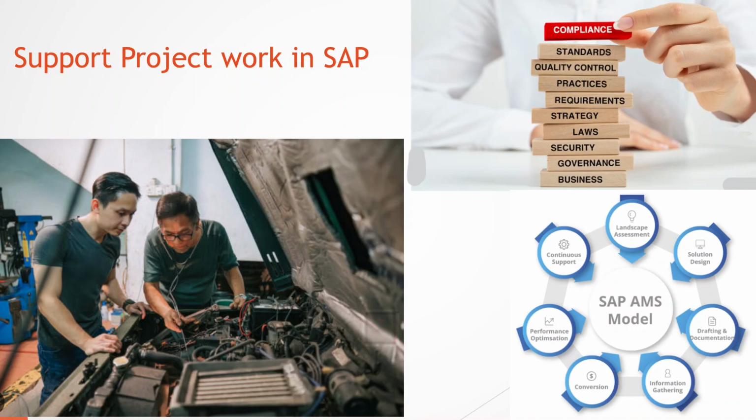So by way of the SAP AMS model, you will have landscape assessment, solution design, drafting and documentation, information gathering, conversation, performance optimization, and continuous support. All these things you will be dealing with in SAP project work, depending on which module you are working on, what your activities are, what your job level is, how much experience and exposure you have, and there are so many other factors. Each factor will play its role, and you will have to deal with it. Moving next,